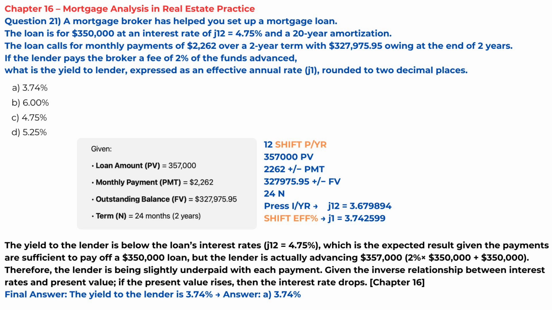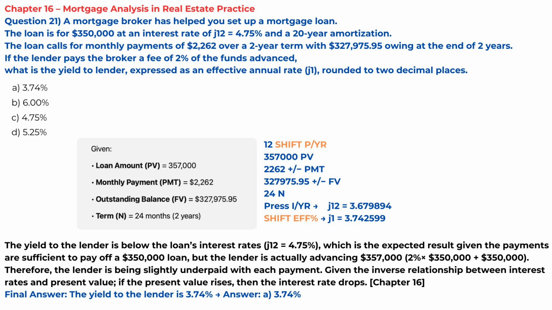Calculator displays 3.679894. That is J2 of 3.679894. Shift effective to determine J1 displays J1 3.742599. Conclusion: the yield to the lender is below the loan's interest rate. J12 equals 4.75%, which is the expected result given the payments are sufficient to pay off a $350,000 loan, but